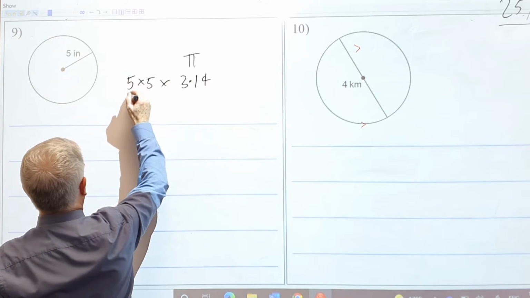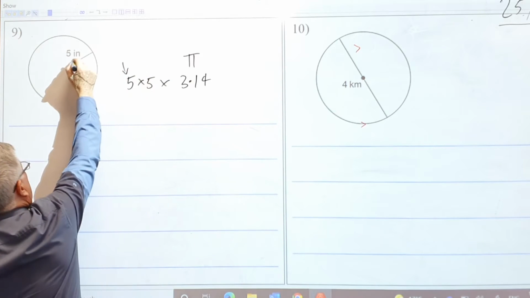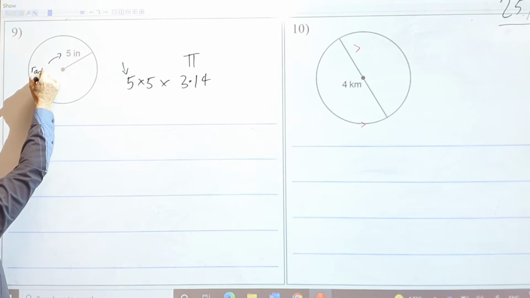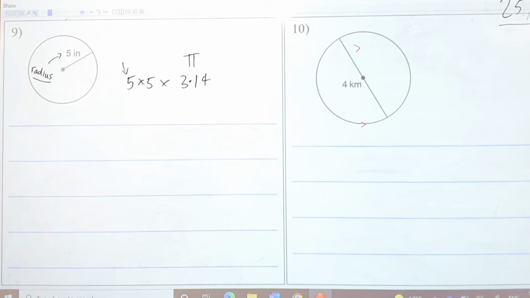What's this thing here called, Lee? You know what that thing there is called? Starts with R. Yes. So it's like the spokes on your bike, and they go out, and that's all the radius. They're all the same, all the way around. So it's a radius